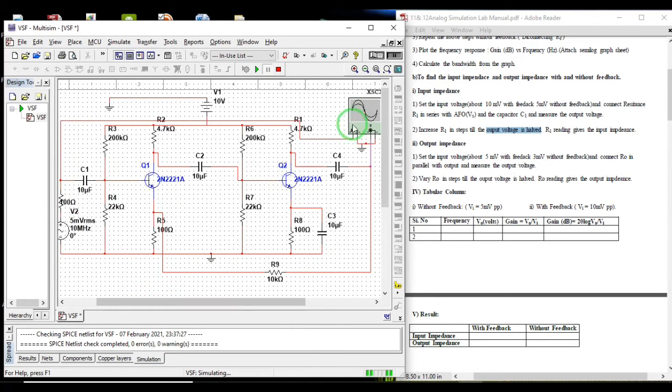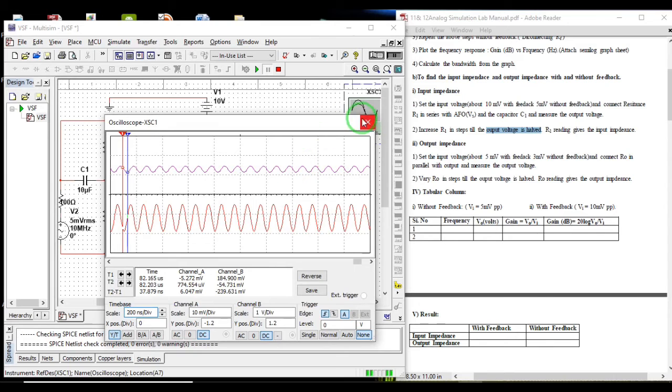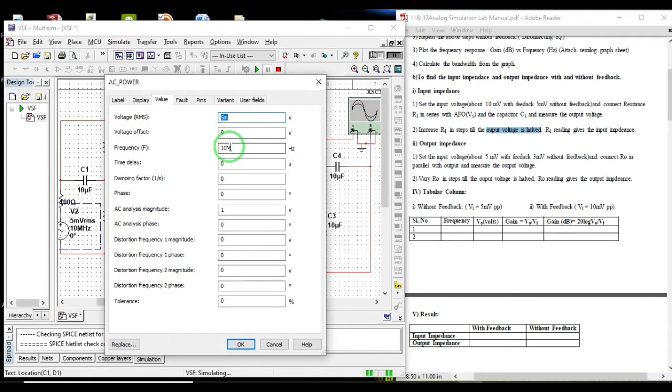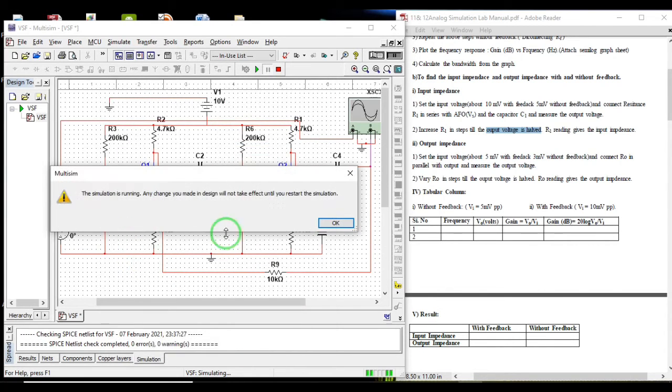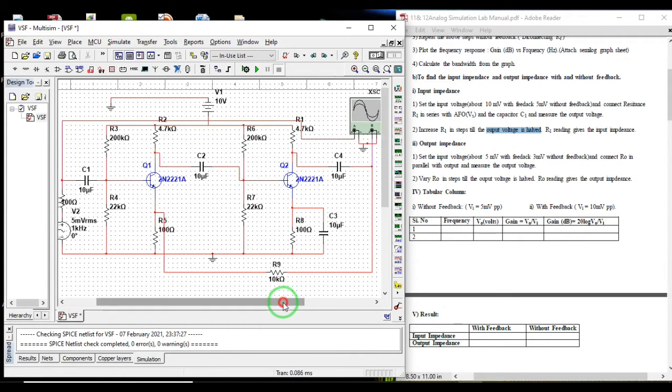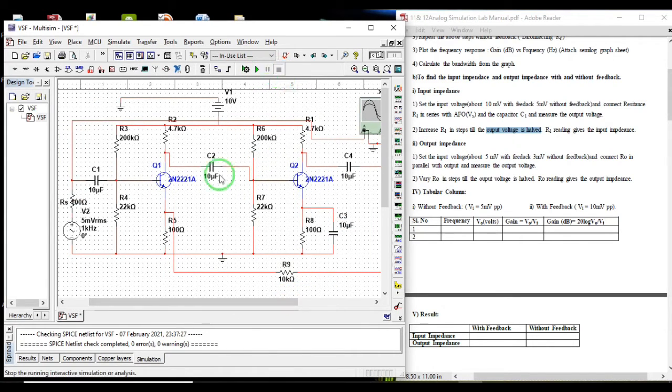Yes. So now what is the output voltage? I'll again make it 1 kilohertz. 1k, 10k, we have seen already, almost up to 900k also it is the same. Okay, so every time it asks, you give okay, because if you change during runtime, it will give that error.